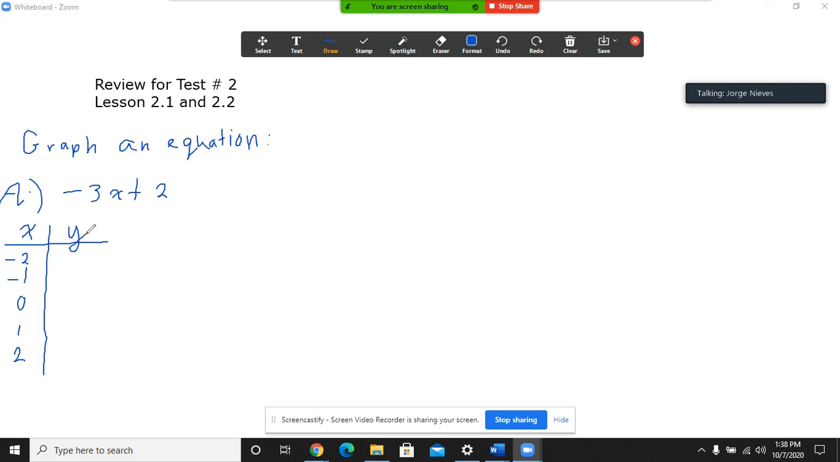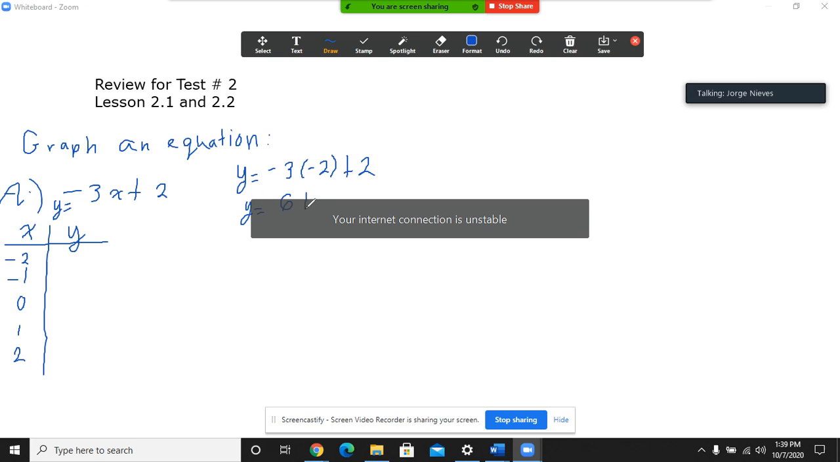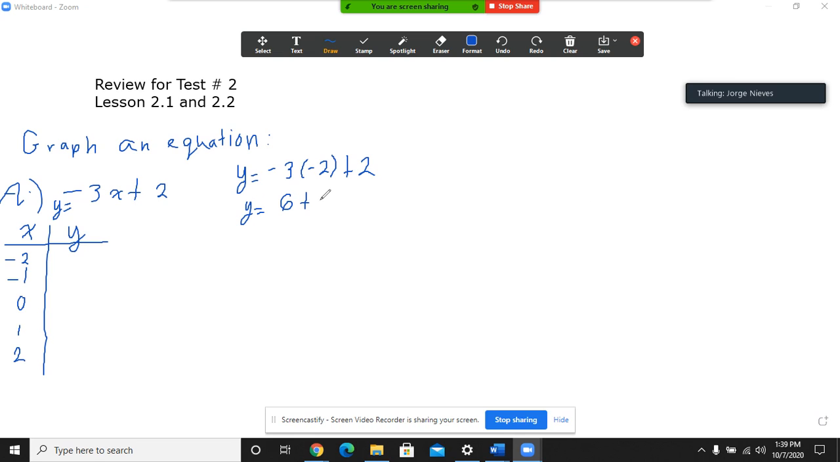So we want to find the y coordinates. Let's start with the first one. It's going to be y equals negative 3, and the first x value that we're going to evaluate is negative 2, and we're going to add that to positive 2. So negative 3 times negative 2 is positive 6, and we're going to add that to positive 2. The first y value is